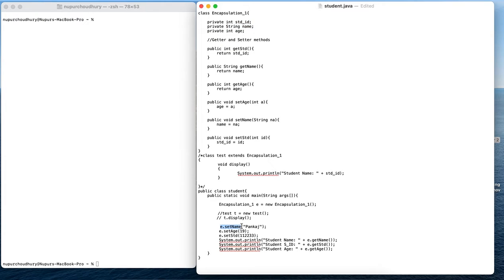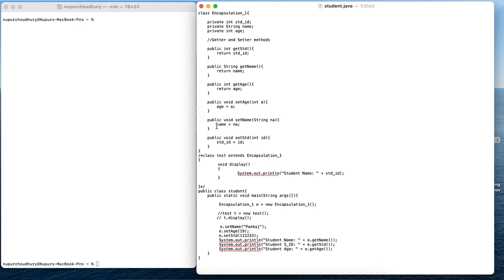It is calling this method and passing the value Pankaj. This Pankaj will be captured by the NA variable, and this NA value will be stored in the instance variable declared as name. When we want to print and see this, we have to call the getter method, which will return the name value.